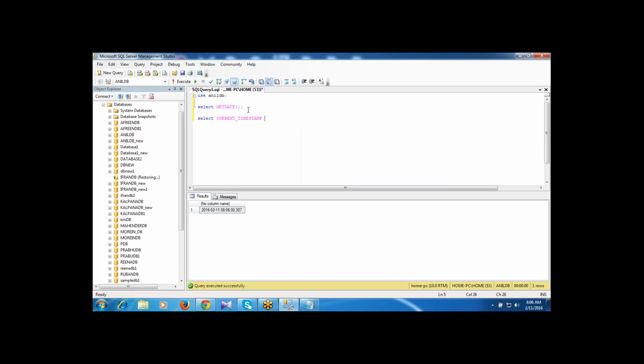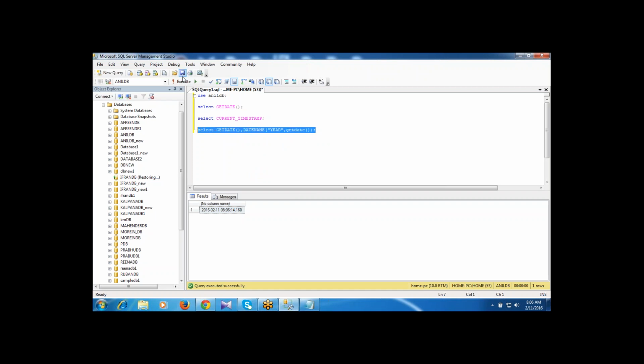Select CURRENT_TIMESTAMP function, right? So here I'm writing GETDATE function. So DATENAME, I want to get only the year from the given date.